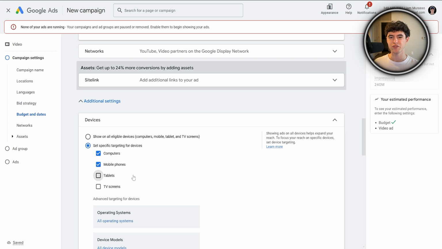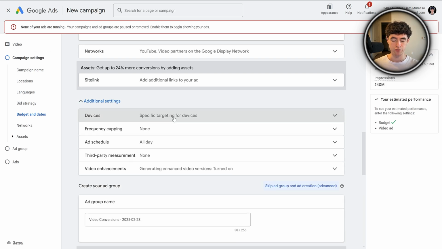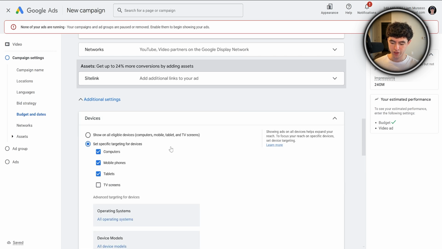You can also turn off tablets as well if you really want to get conservative. I leave them on because I have seen results come from tablets, and I think iPads do count as tablets, so I personally leave this on, but if you really want to start out with just tablets, that's fine. And mobile phones, just to let you guys know, is the highest converting device type, but I would leave both on, and I would honestly just leave tablets on as well, just for the sake of getting as many people as possible with the amount of budget that you have. So everything else here is good,